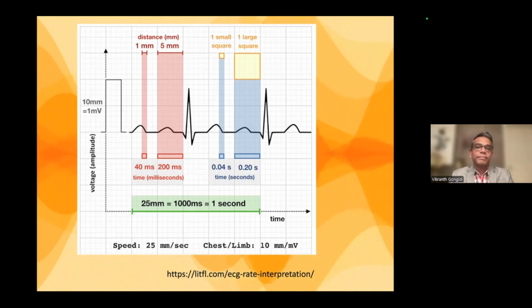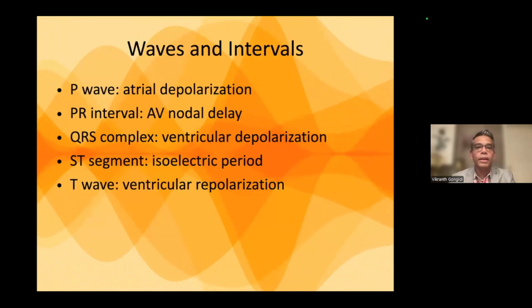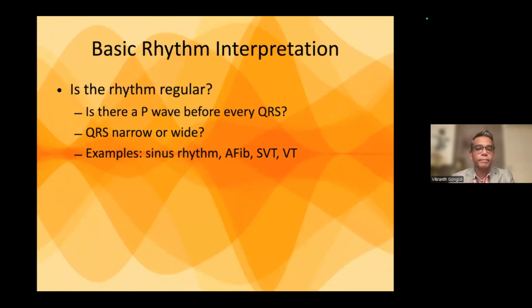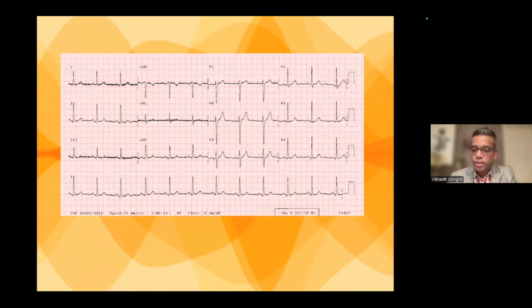Okay, and then we have one that says, can you please go over again how to differentiate or approach PR depression versus ST elevation in the pericarditis example? Yeah, let me go back. I wish I had a pointer, but